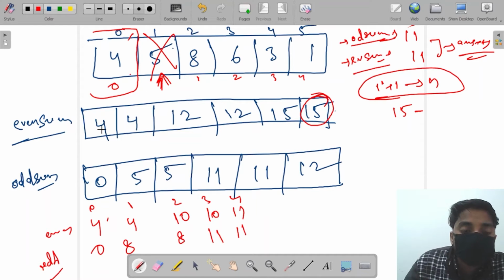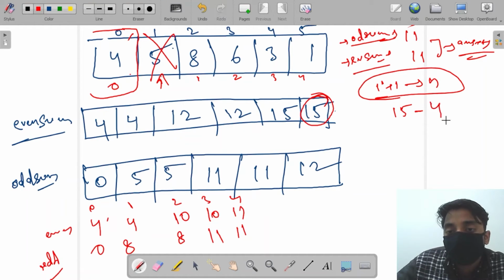We are checking for the odd sum. Odd sum after I plus 1, it will be even sum, that is 15 minus till that element, that is ith index, 15 minus 4. 15 minus 4 here,